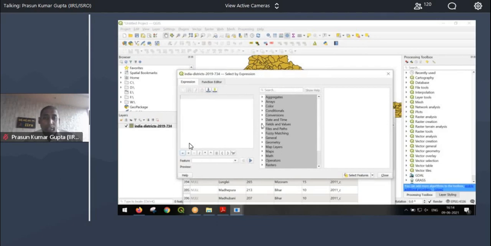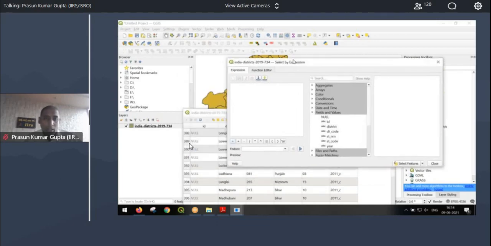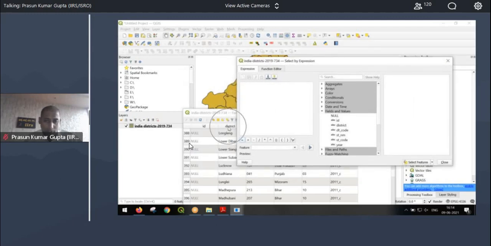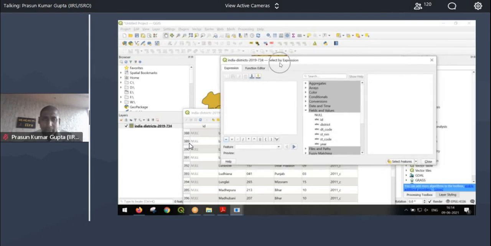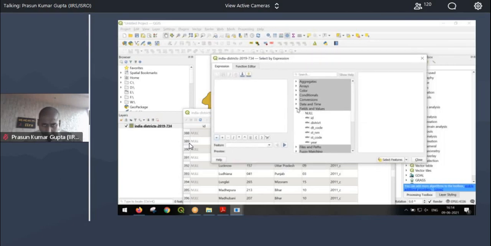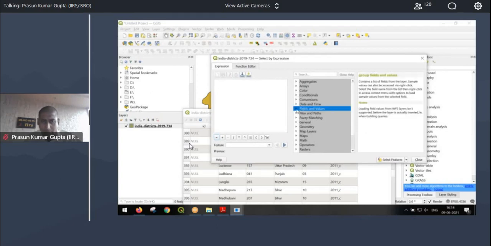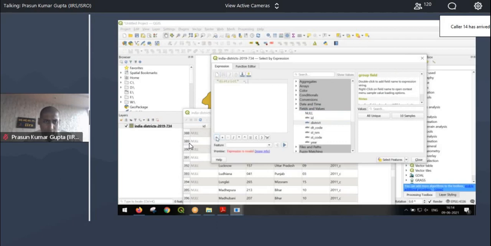So what we need to do is fire a query based on our district column. On this column, the district. So in this select by expression box, expand this option which says fields and say district equal to, then say all unique, so it will list all the unique values in district, and I want Ludhiana.